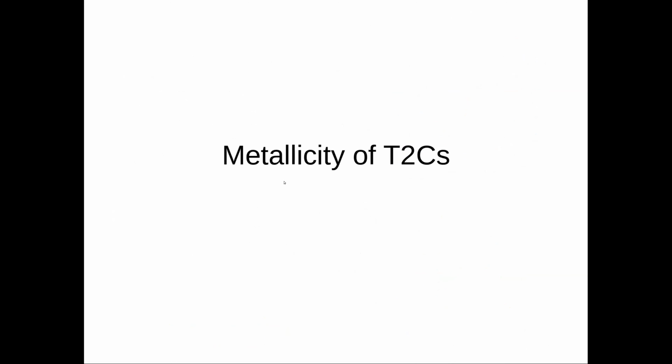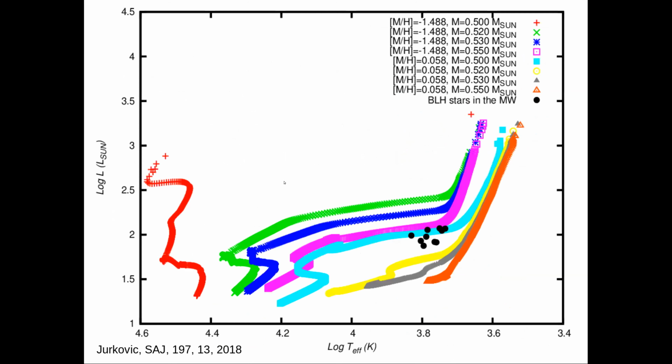Maybe another interesting question is the metallicity of type 2 Cepheids. The assumption is that type 2 Cepheids should be metal poor because they are old, but in the case of type 2 Cepheids with short periods in the Milky Way, I have actually shown that they have solar-like metallicities. They are not metal poor. So this is an interesting question which needs to be examined further, because as you can see, the measured points here in the black dots are very scarce. So what one needs is more directly measured metallicities from spectra.